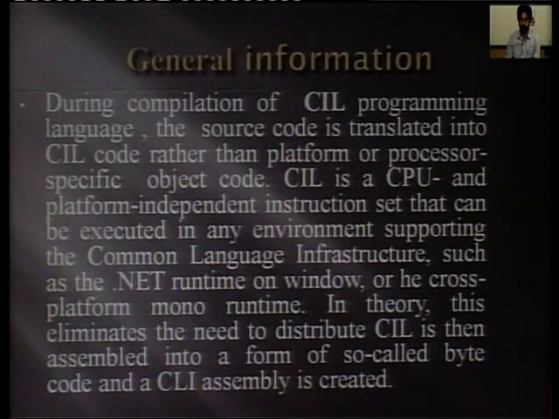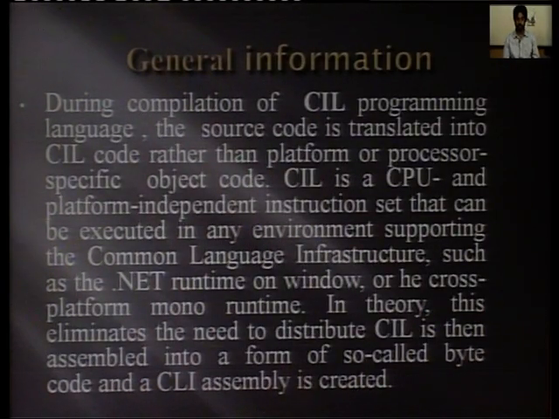So, ਕਿਸੇ ਵੀ environment ਨੂੰ support ਕਰਨ ਲਈ common language infrastructure such as the .NET runtime on Windows or the cross platform Mono runtime. In theory, this eliminates the need for distribution; CIL is then assembled into a form of so called bytecode and a CLI assembly is created.